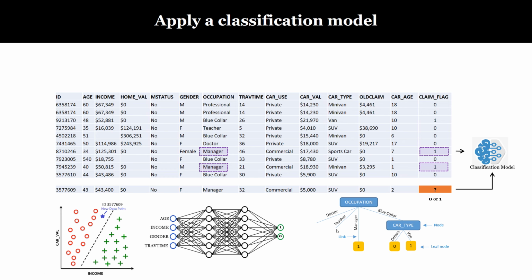So if somebody comes to you, in this case a novel case, this is a manager, for sure this class will be 1, even if I don't look at the rest of the attributes. That will give me a huge hint. Usually, yes, it doesn't mean managers make accidents all the time, but according to my training data, whenever the occupation is manager, it always leads to an accident